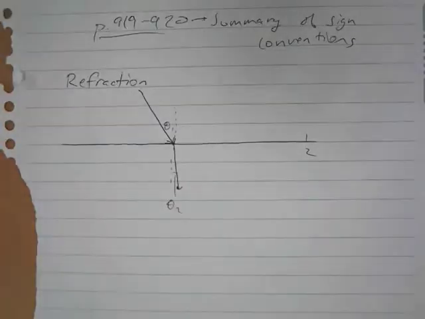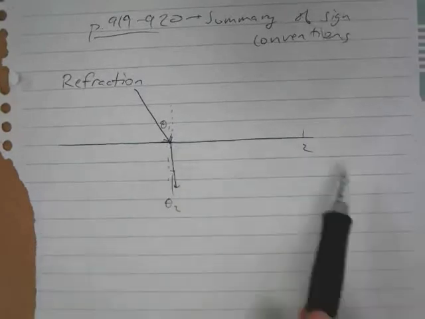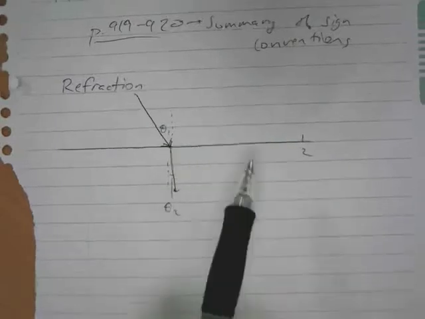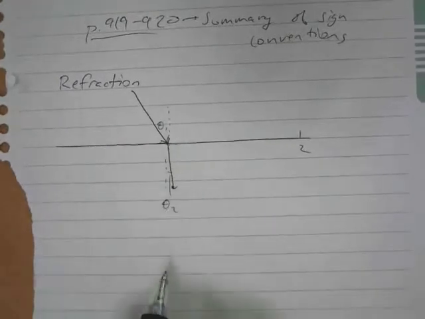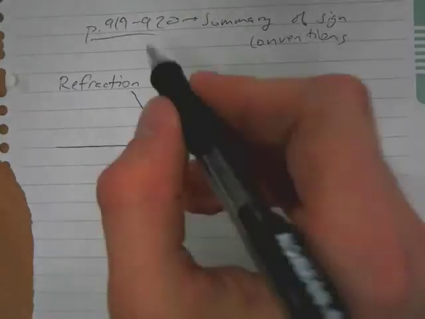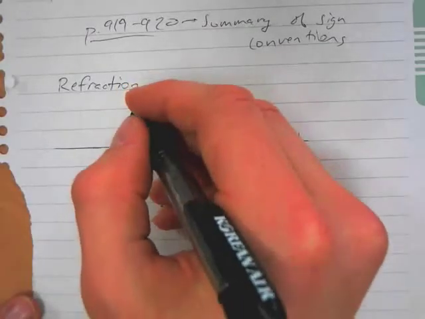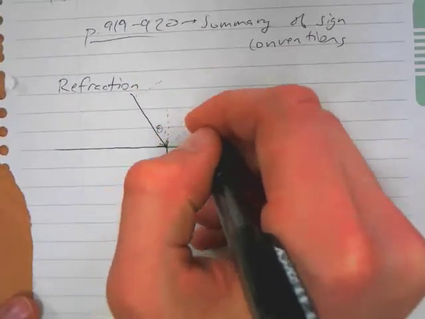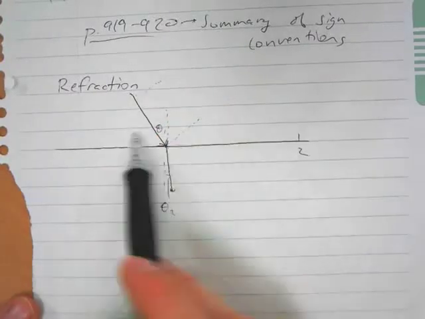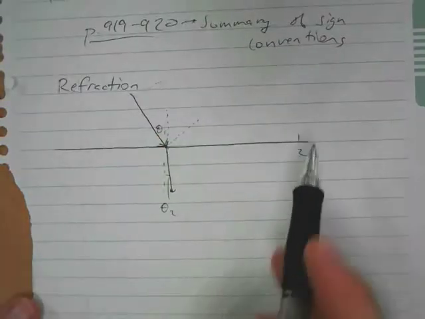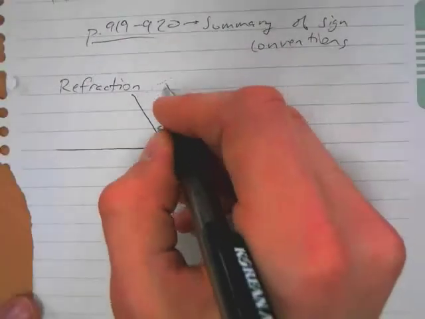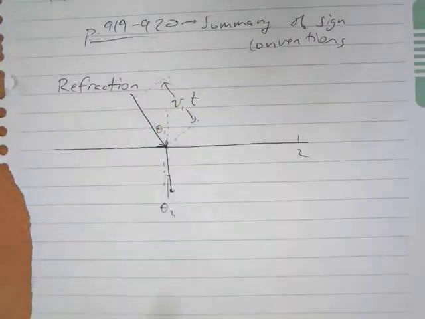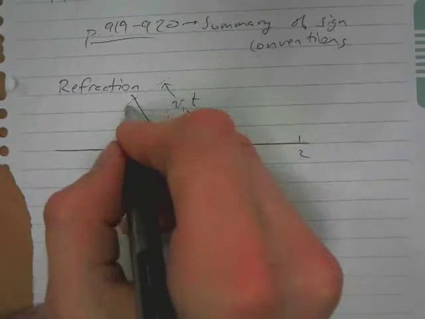Now, it might not seem obvious that it would bend. It might just seem like it would keep going along the same line, but slower. But let's look at some geometry here. If we say that at some point the light is here, and then at some later time it reaches the boundary between these two media, so this is medium 1, medium 2, in that time it has traveled some distance, and that distance is whatever its speed was times time. Okay. Now if we extend this line over here,